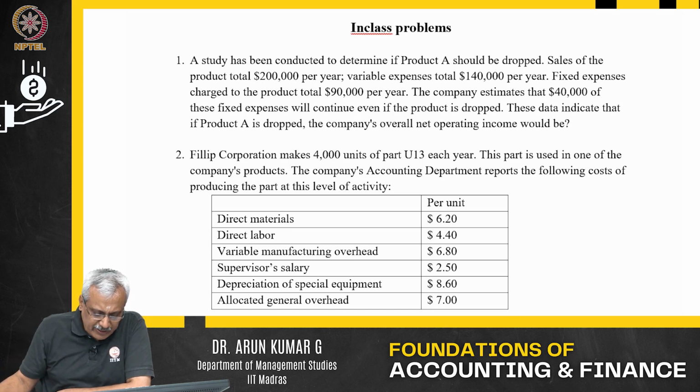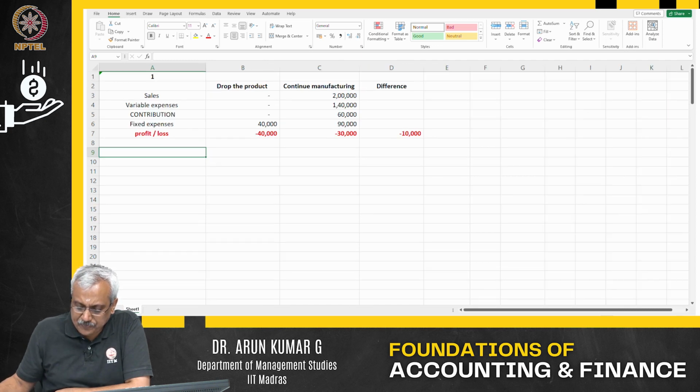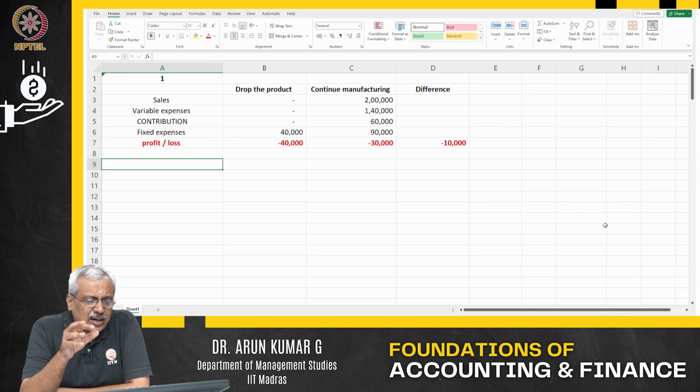So what we try to do is, we get back to this Excel sheet, and as you can see on the Excel sheet on the screen as of now, we said that we took out the situations. I continue to manufacture, I drop the product. I am looking at what is the cost that I am going to incur if I continue to manufacture the product, and what is the cost that I am going to incur if I drop the product out. We saw that